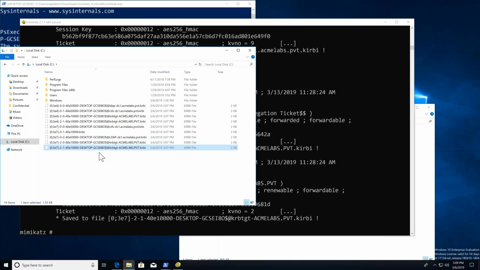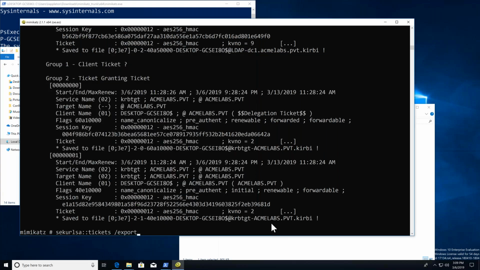Rubeus, actually, you can set it up so it monitors the system for when a TGT comes in, and then it will automatically export that to you as base64. So you can then grab that base64 and use that for your attack. In fact, one of the things that you can actually do with Mimikatz is